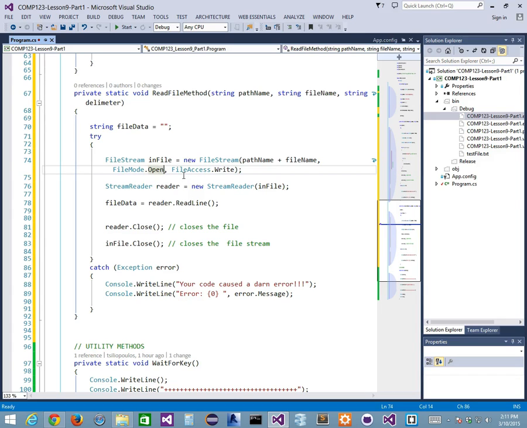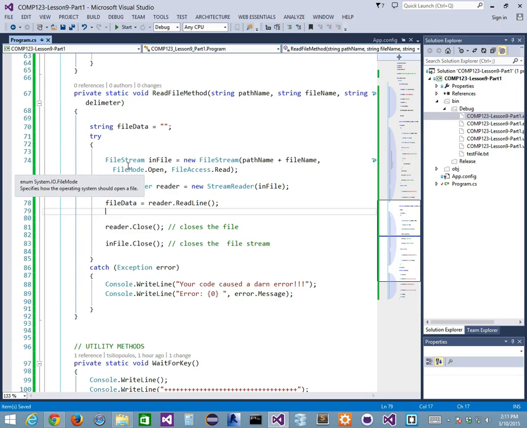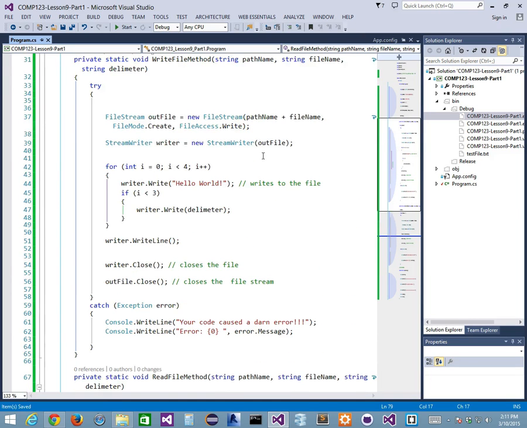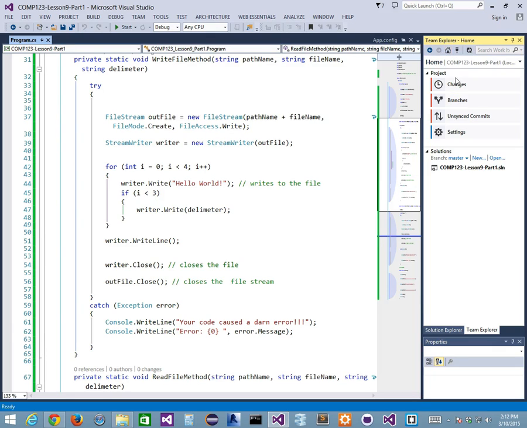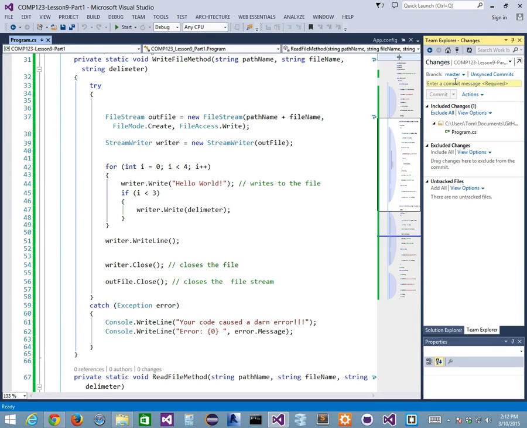We have to open an already created file, and then our file access, as an example, is read, because we don't want to write back to the file. We just want to read it. That's all we're doing. So we're just changing where it says stream writer, we're changing it to stream reader. Wherever it says writer like this, we're changing it to reader. I'm going to update this to GitHub so you can see what I'm talking about for those people who are concerned. And we'll say